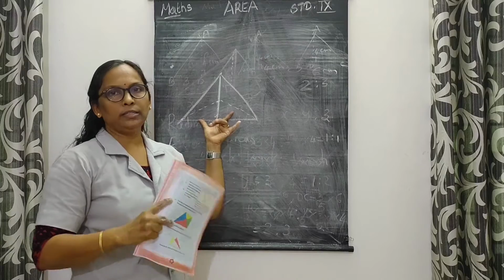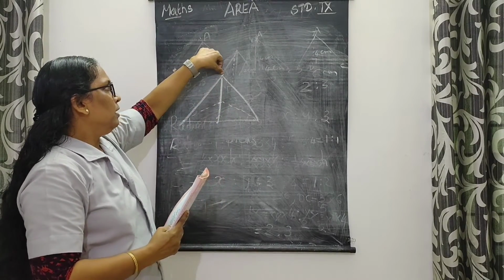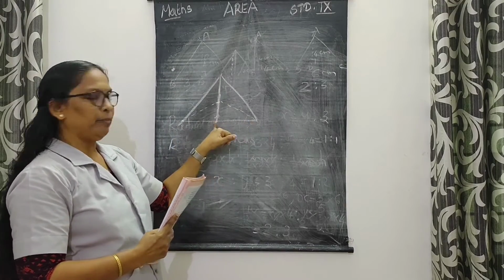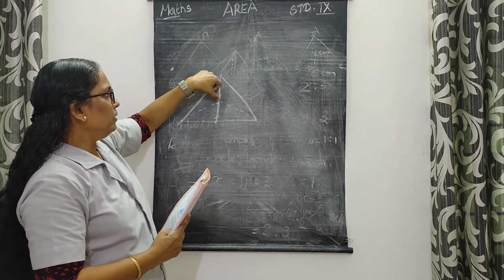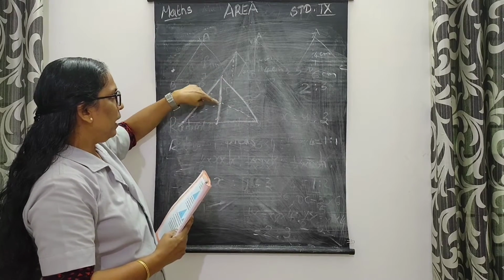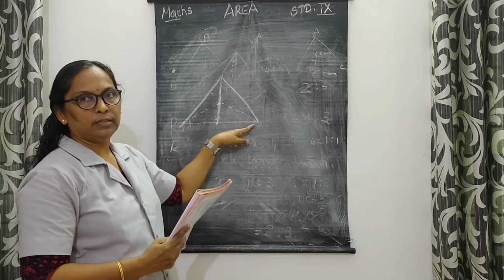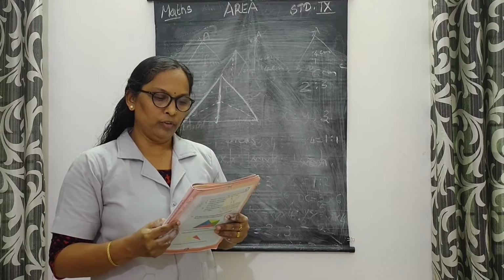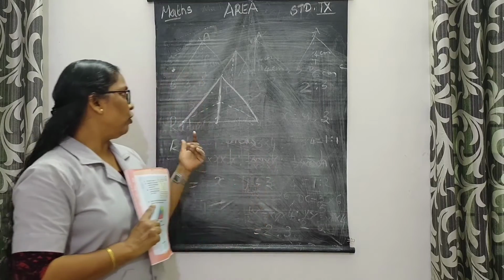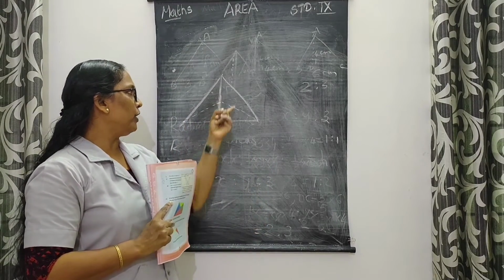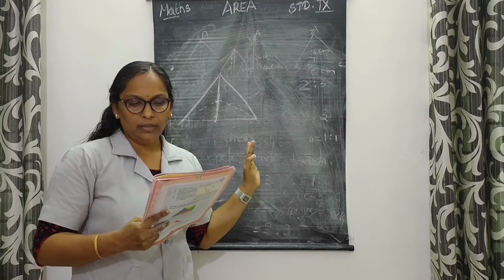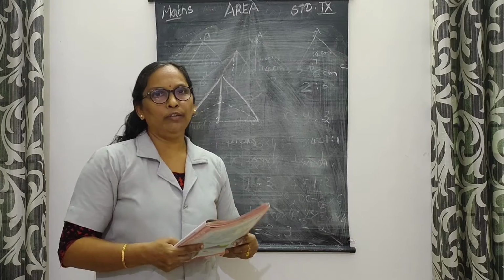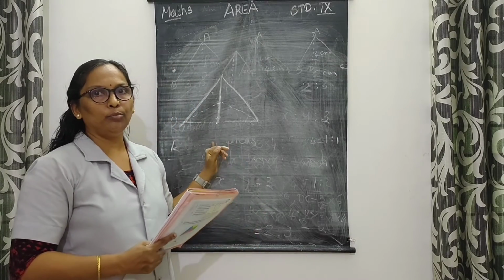Likewise, the triangle is divided. So first, this line is the bisector of the base. This is the midpoint. And next they are given, this is the midpoint of this line and it is joined to these vertices. Then what is the question? Prove that the area of all four triangles obtained, 1, 2, 3, 4, four triangles, is equal to 1/4 of the area of the whole triangle. That we have to prove.